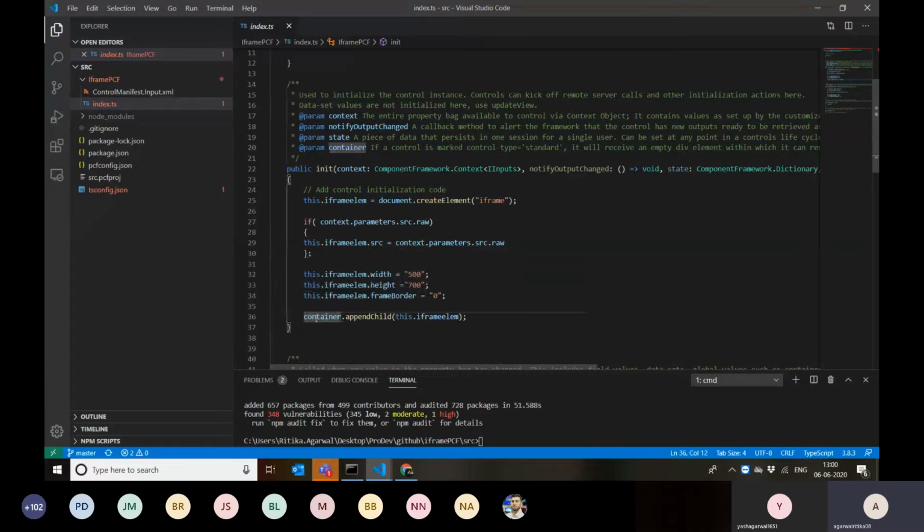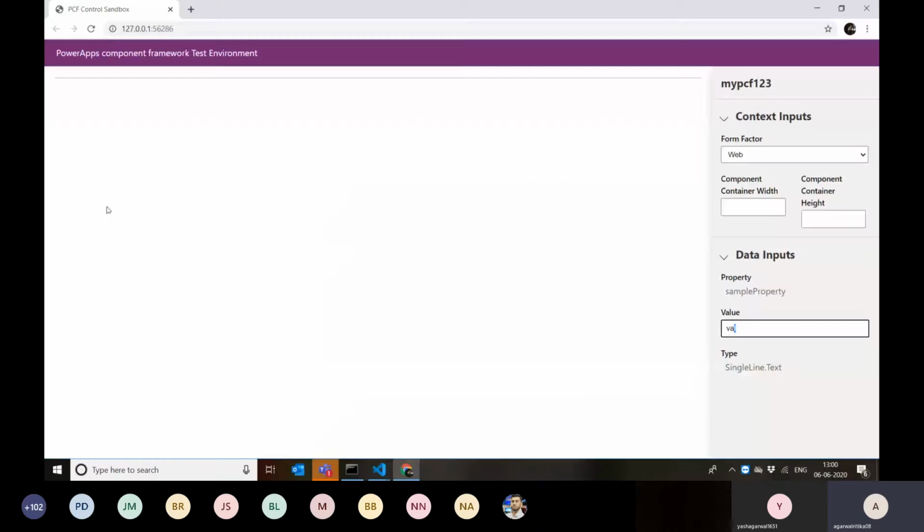Now coming to the next line, which is for the container. Assume this container to be the whole window which is going to be displayed on the screen. I think I have opened this. If I change this controller width to 200 and this height to 200, you can see that there is a box, which is the container.